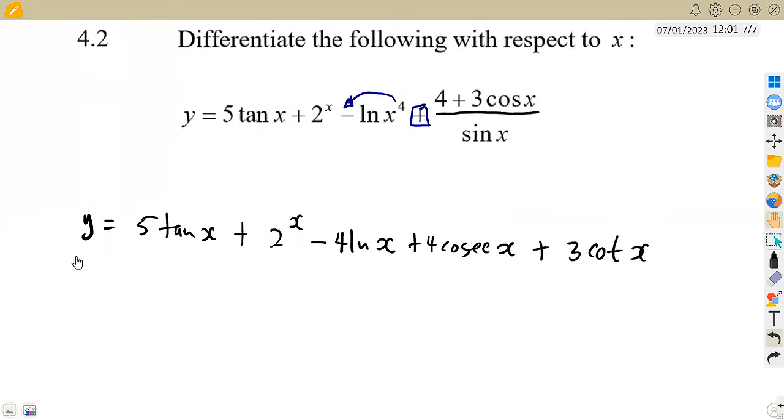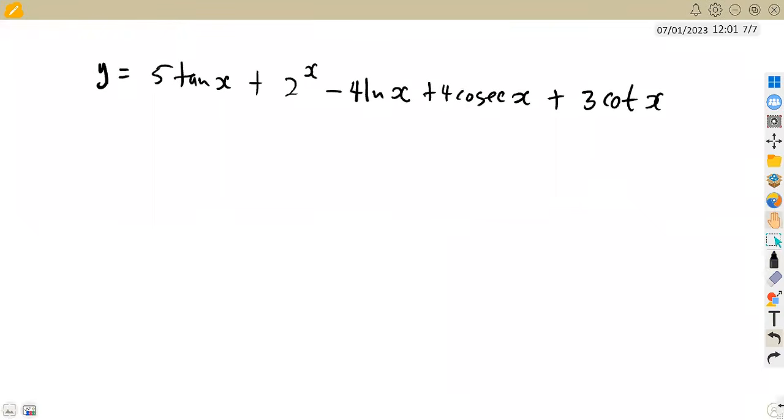Now we can differentiate each and every term that you're given from our formula sheet. Tan of x is there, so we can differentiate this one. All right, so we are going to have the derivative of y with respect to x. Let me just try to change it this way. All right, let me just remove this part. So we're going to have the derivative of y with respect to x in this case. All right, so I said that derivative of tan from our formula sheet is sec squared. So we're going to have 5 sec squared x. All right, so this is going to be 5 sec squared x, then plus